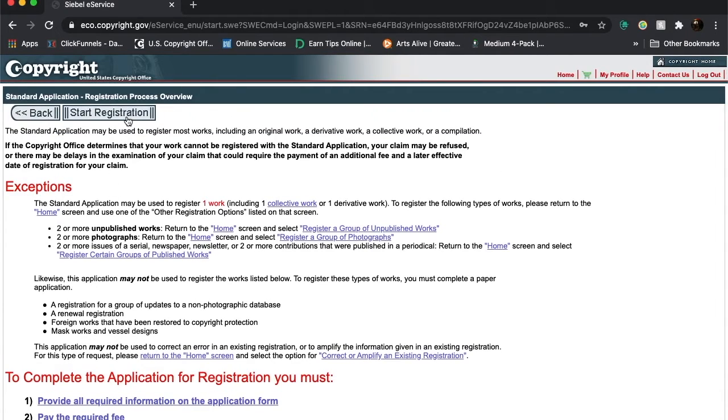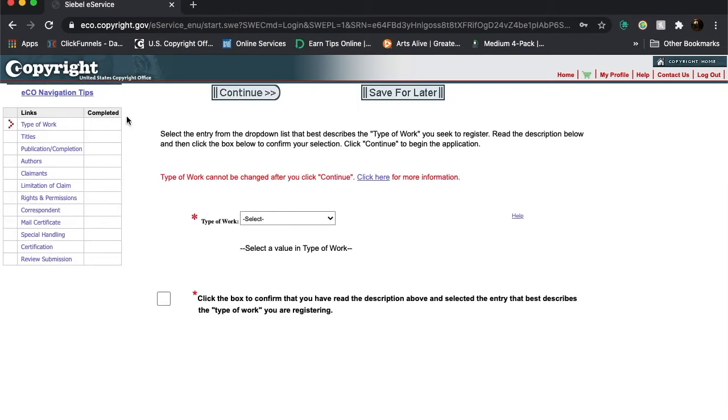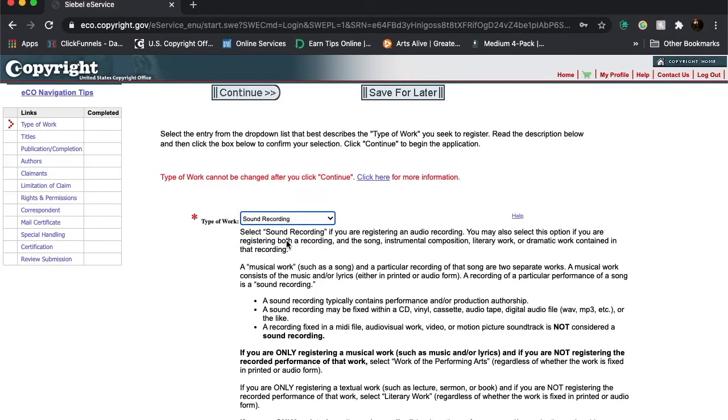If you're going to start the registration, that's step 7. You'll click Start Registration, and in the box you'll need to select the type of work. So for music, we would be choosing sound recording, but you can also register literary work, visual arts, work for the performing arts, motion picture, AV, single serial issue. But for the purposes of music, we would click sound recording,